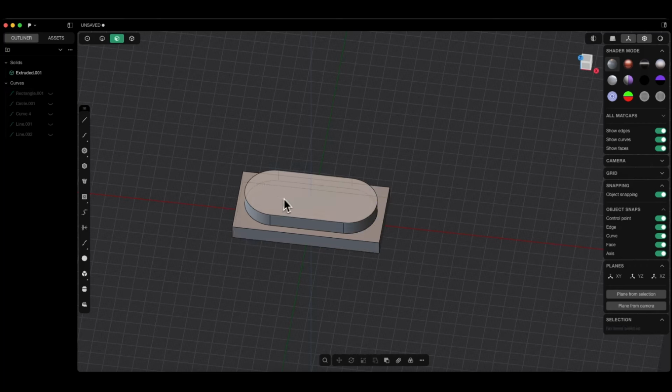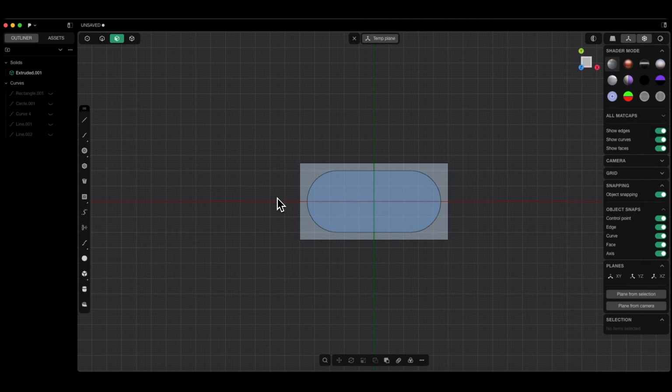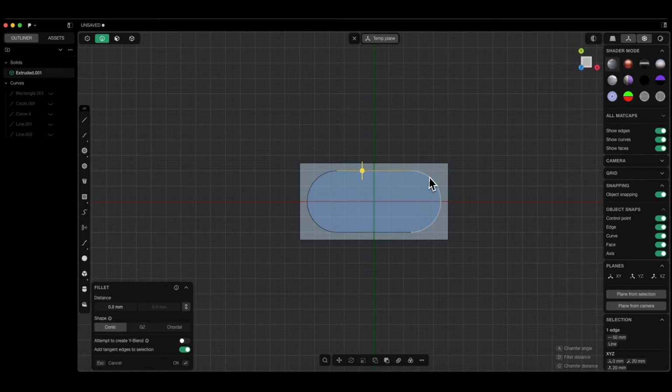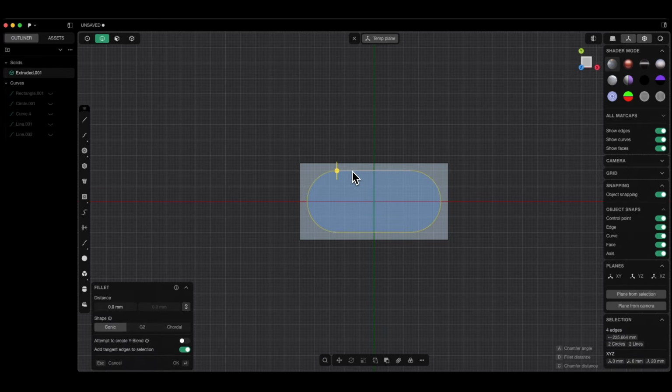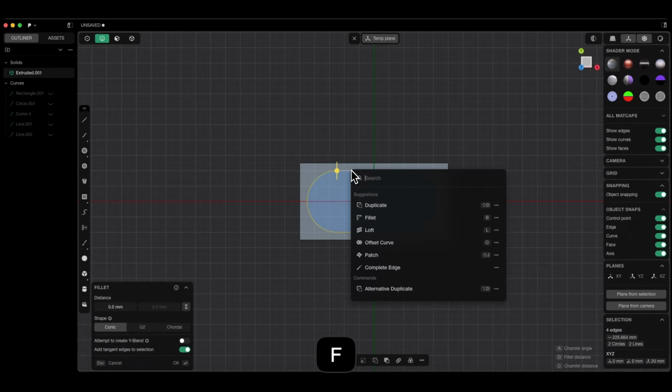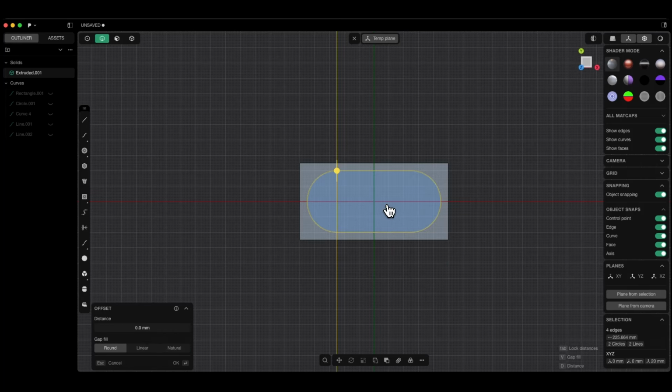Okay, let's create a pocket in the solid. Click the top face and press spacebar to set the construction plane. Switch to edge selection. Select the edges. To select several edges, hold Shift and click the edges, or to select a loop of edges, hold Alt and click on one edge. Now press F key, type offset and select offset curve command